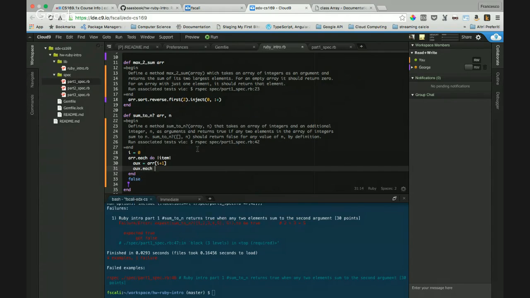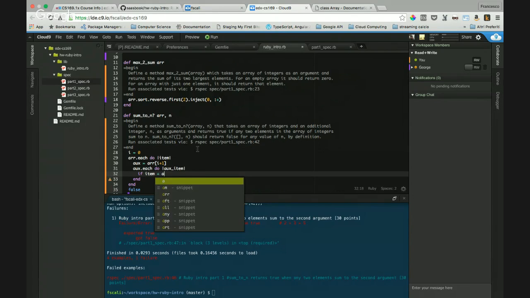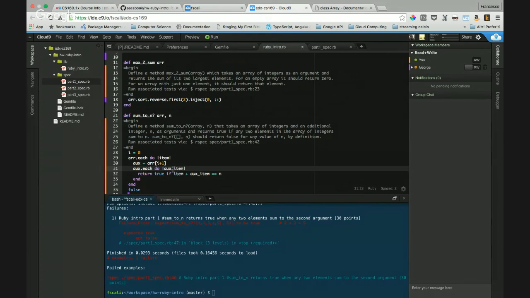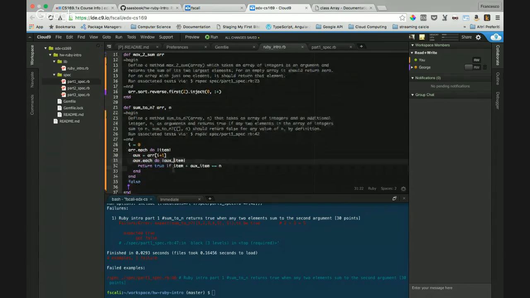Aux each do item. Pass aux item equals and return true if. Like this. Let me see if it's correct.